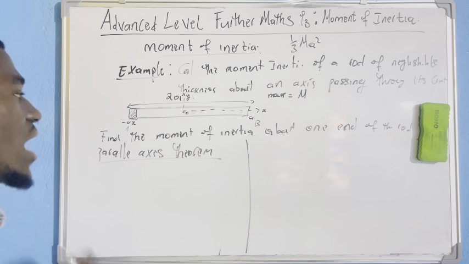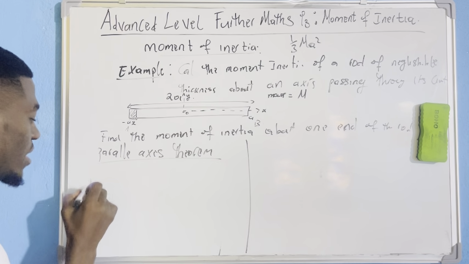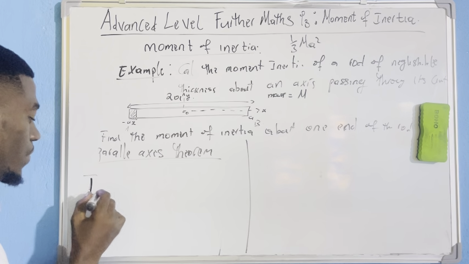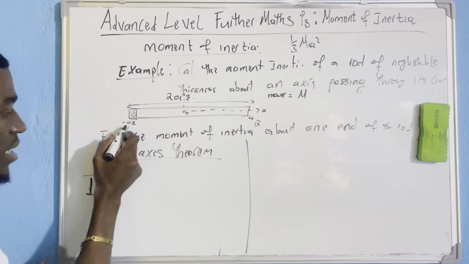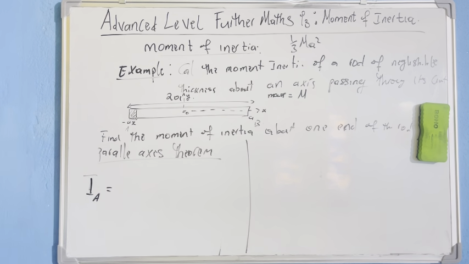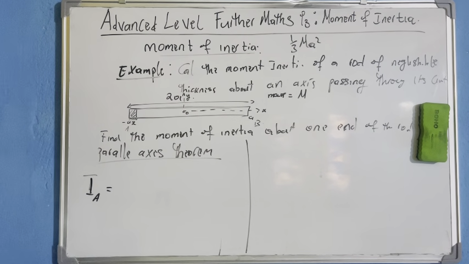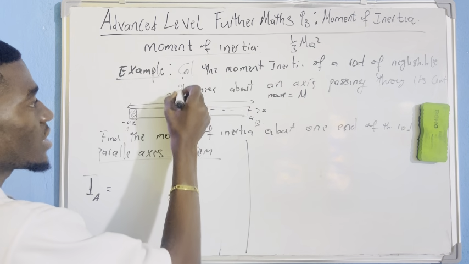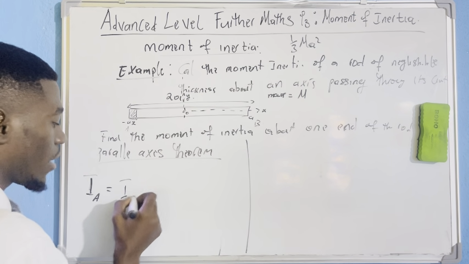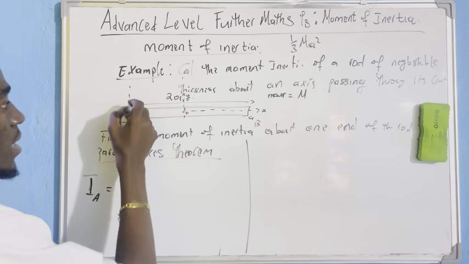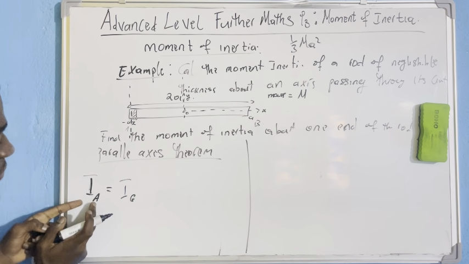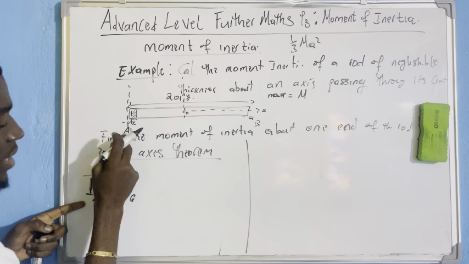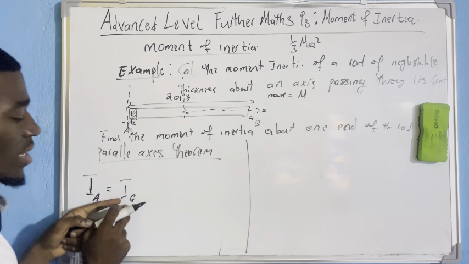The parallel axis theorem says that if I want to calculate the moment of inertia about an axis passing through A, one end of this rod, I will first of all calculate the moment of inertia about an axis passing through the center of the rod. So if I want to calculate the moment of inertia about an axis passing through one end of the rod, passing through A, I first calculate the moment of inertia about the axis passing through the center